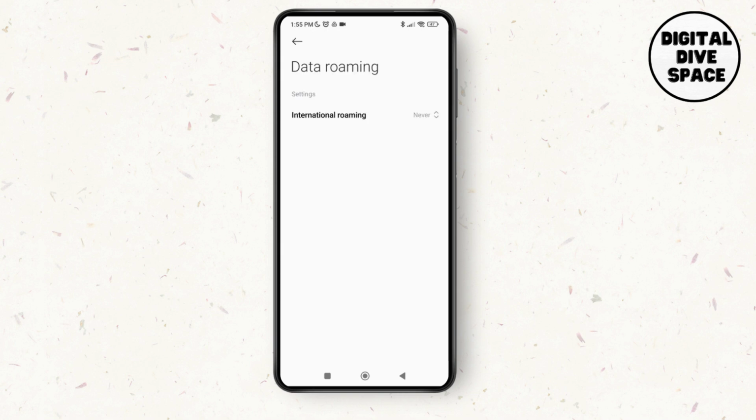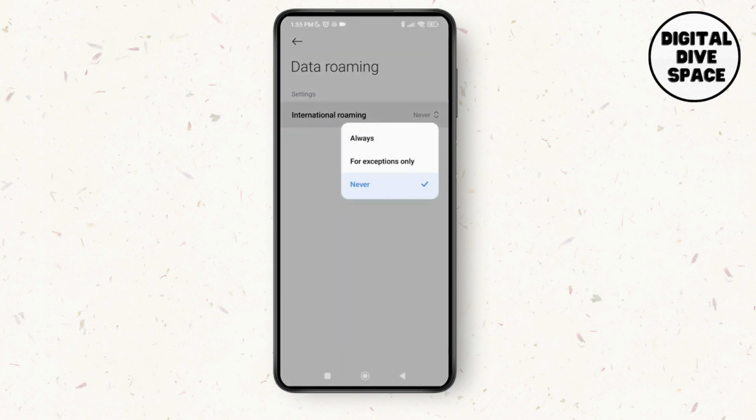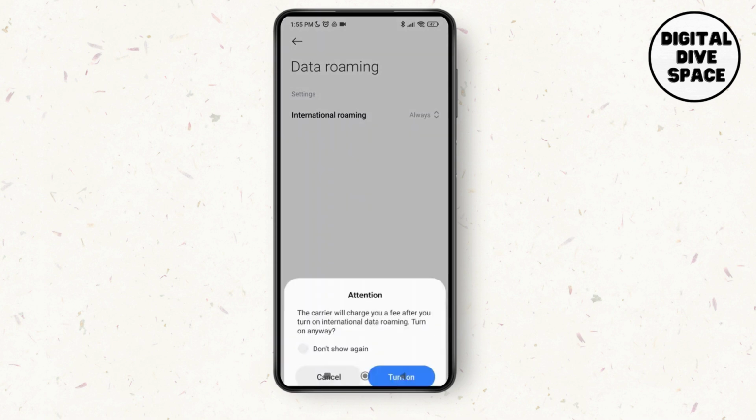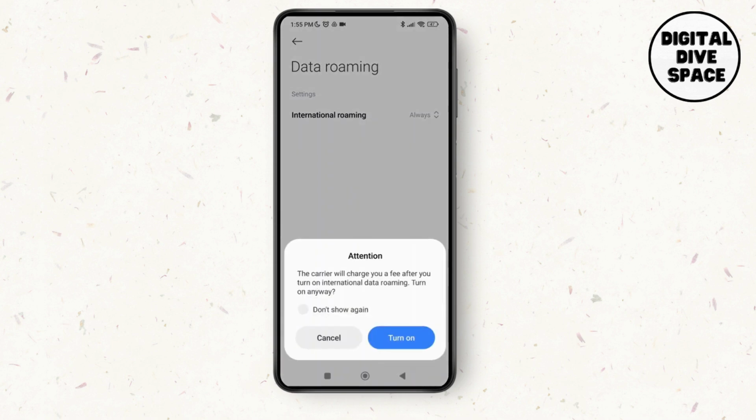As I tap on it here, you can see the option of International roaming. Right now it's toggled on for Never. As you tap on it, you'll be able to see three options: Always, For exceptions only, and Never. Just make sure that you tap on Always, and the carrier will charge you a fee after you turn on international data roaming, and if you really want to turn it on anyway,